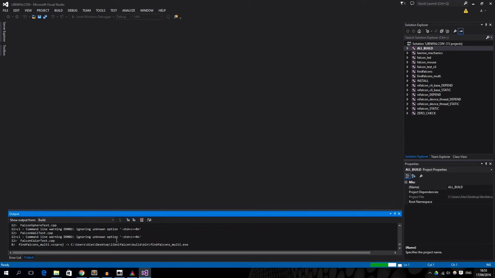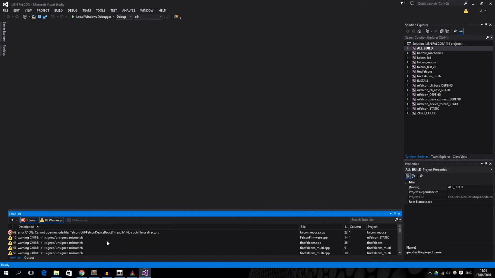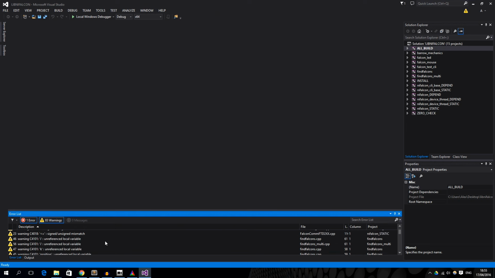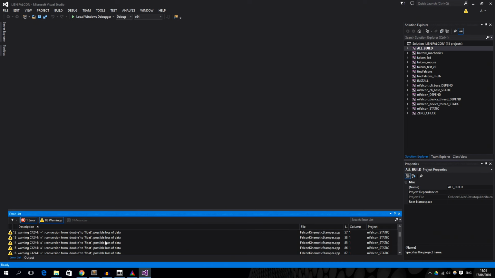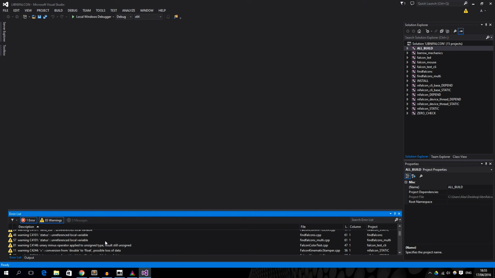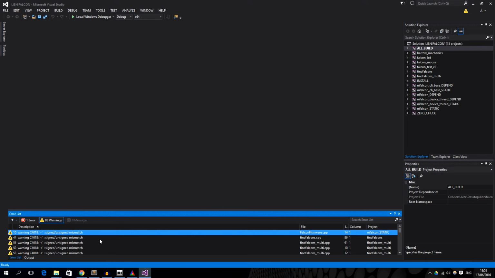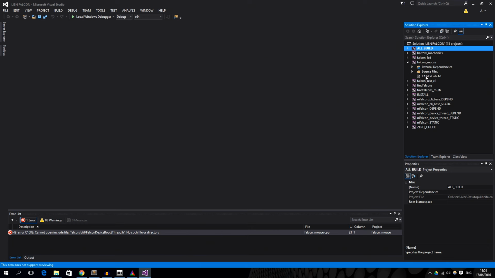You're going to see lots of warnings and lots of shenanigans down here, but you really don't need to worry about it. All the warnings are basically Visual Studio complaining to you that you're not using all the types correctly, and not being very careful. But if it works, it works. You're going to get one error, and that error is to do with the compilation of one of the examples, in this case falconmouse.cpp. The reason for that is, for some reason, it still requires the boost library, but it actually doesn't matter,